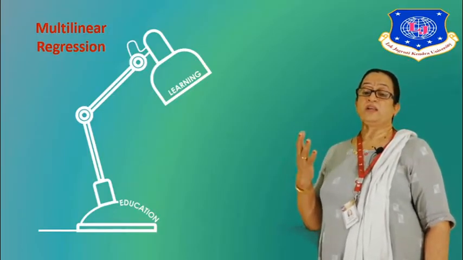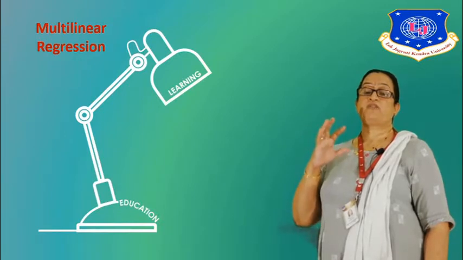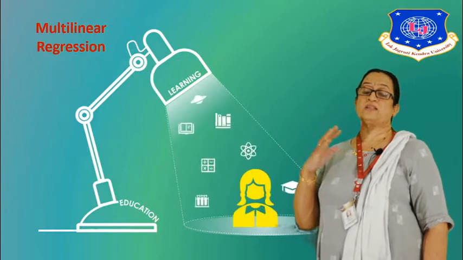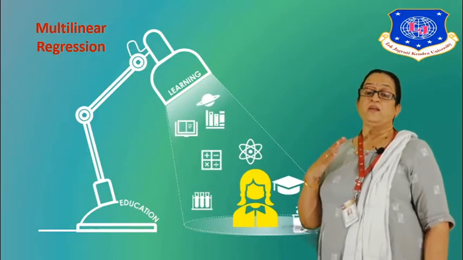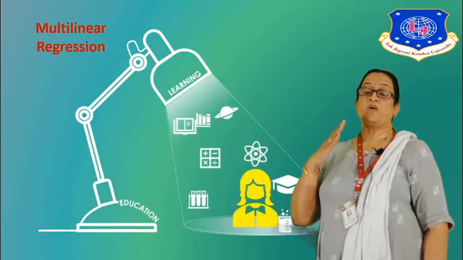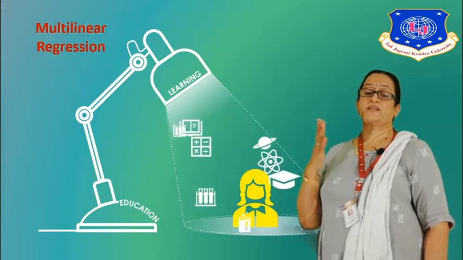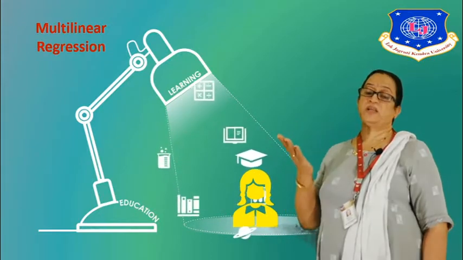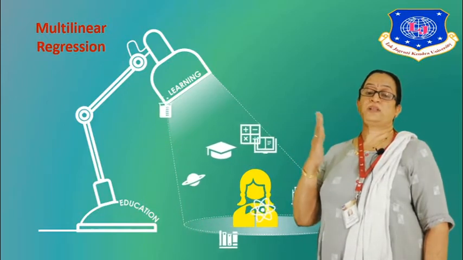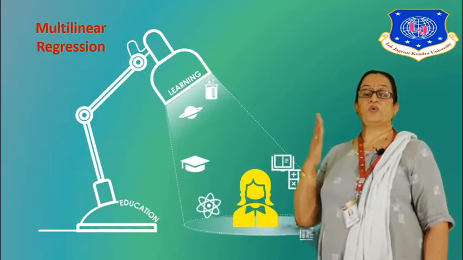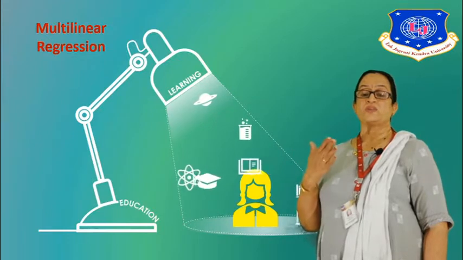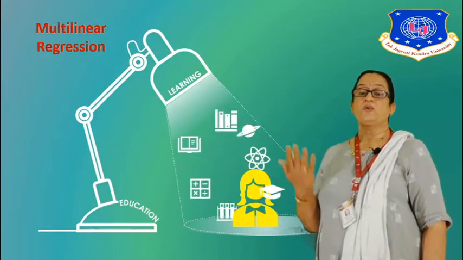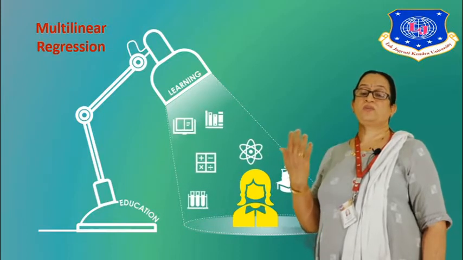So multilinear regression is basically useful when you have many variables. Simple regression is useful when you have a single input variable, whereas multilinear regression works on more than one variable. Like for example, you want to calculate the salary of a person given the age and experience. So you have two variables here, age and experience. So that is where multilinear regression comes into picture. Let us see more about this. Before that, let us see about the regression line.